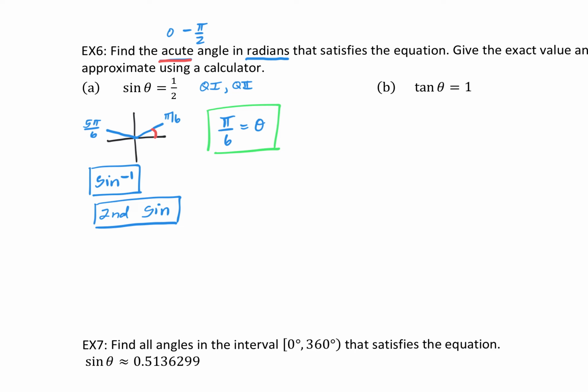But regardless of what calculator you have, this second sine key means sine inverse. And then in our case, we're putting in 1/2. So you're either going to do 1/2 second sine or second sine 1/2. And what you'll get is theta is approximately equal to, again, make sure you're in radians. In my calculator, I get